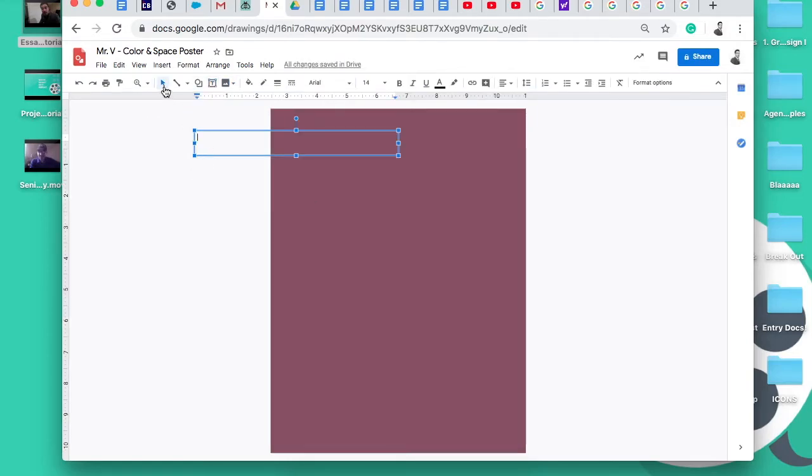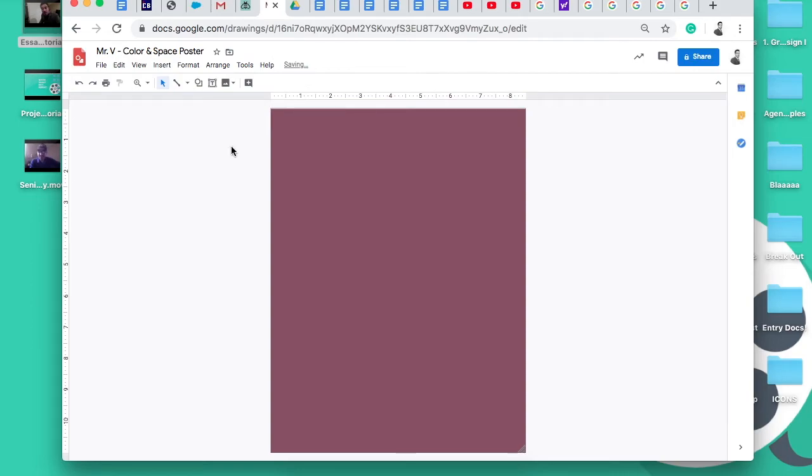Okay, and actually I'm going to go back to my arrow tool because I didn't mean to drop a text box, and I'm just going to click on that and hit the delete key, and that'll get rid of that for now. Okay, so the first thing I want to do is show you the line tool, how that kind of works. And it's actually really cool because